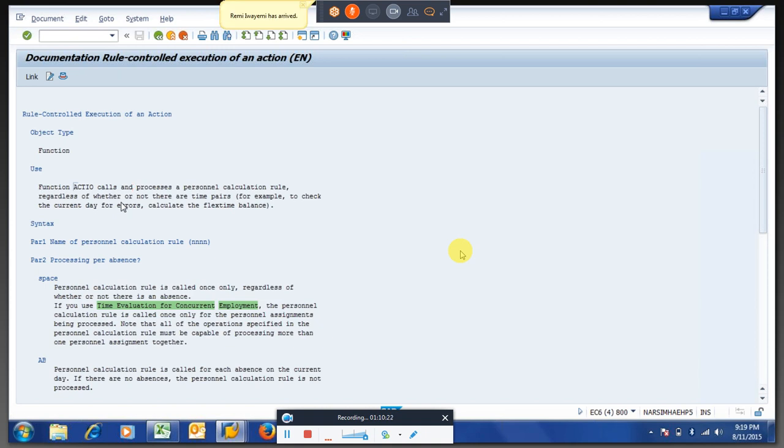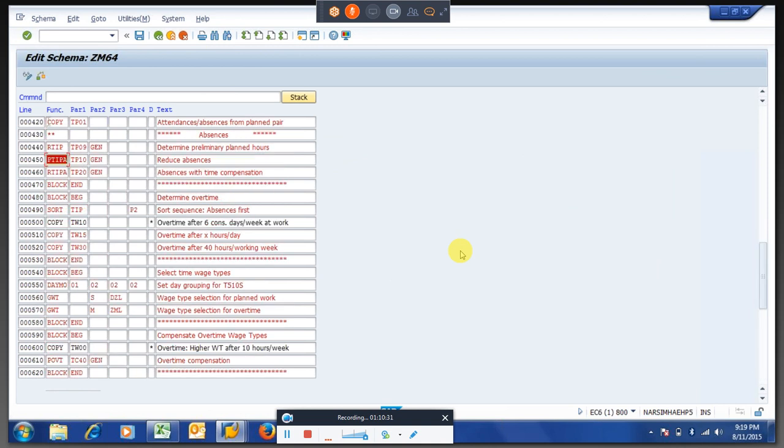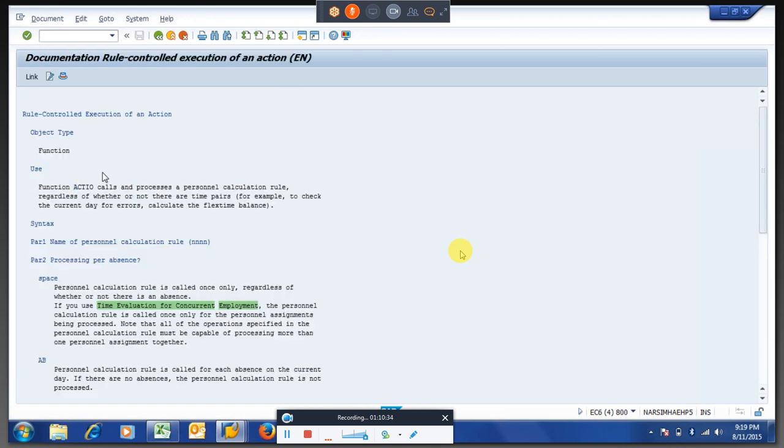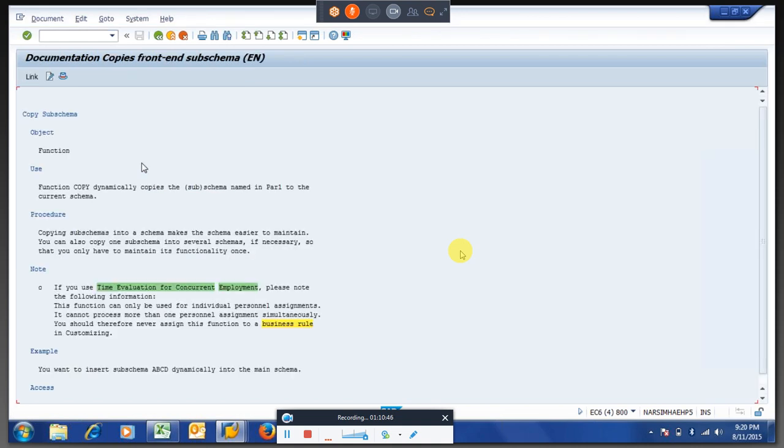So let us say if I come here, there will be a function called COPY. So what will it do? If you want to insert a subschema into a main schema, a schema can consist of subschemas also. So it will copy a subschema. Let us say you have written some 10-15 rules for a particular scenario.